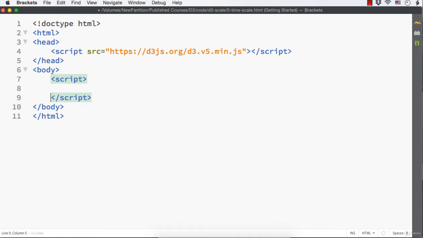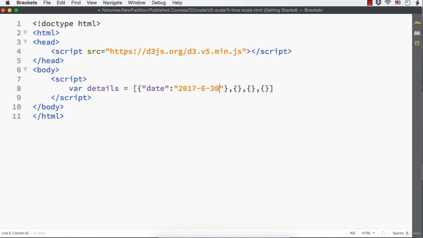Let me add the script section, and within the script section, let me have a variable details, which is going to contain the details of the date and tax paid. So this is an array of objects. So I want to have 4 objects, that is for June, September, December and March. So let me add the objects first. Now within each object, I'm going to add the date on which the tax is paid and also the amount to be paid. So let me specify the first key as date itself, and as the first date, let me specify